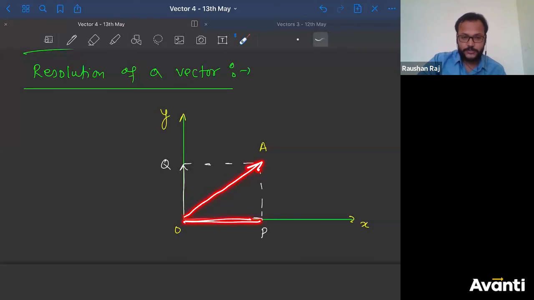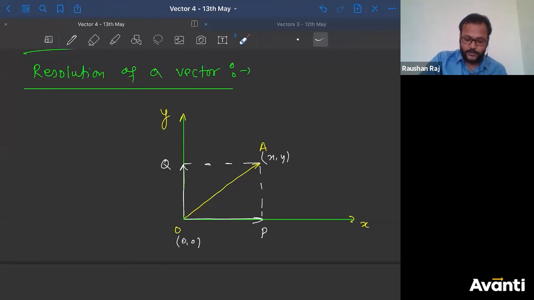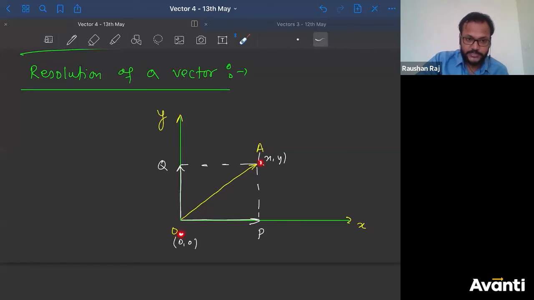मैं बोलूँगी yes, in x direction also your movement has occurred, because initially you were having 0, 0 as the coordinate position. Now you are having some component as x, y. Can I say that your x coordinate has also changed from 0 to x? What about the y coordinate? Yes, initially your y coordinate was 0. Now your y coordinate is y. So y coordinate में भी change आया है, right? So OA is the net resultant displacement, but OP is the component of OA along x. OQ is the component of OA along y. ठीक है? तो ये होता है component का meaning.